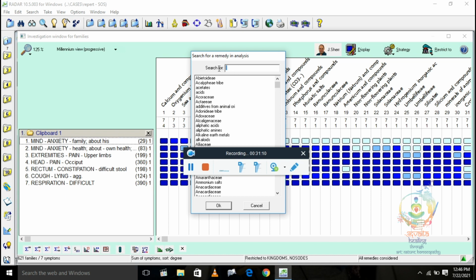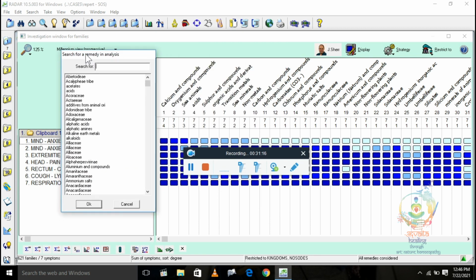There is one space here, so you first press backspace. Now you want to see the Ranunculaceae remedy, so I have typed RAN and you can see Ranunculaceae has appeared here, so you double click on it.